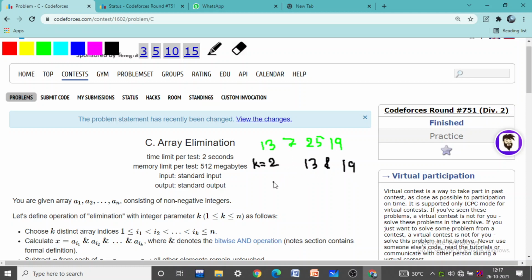Let's see what the binary representation of 13 is.